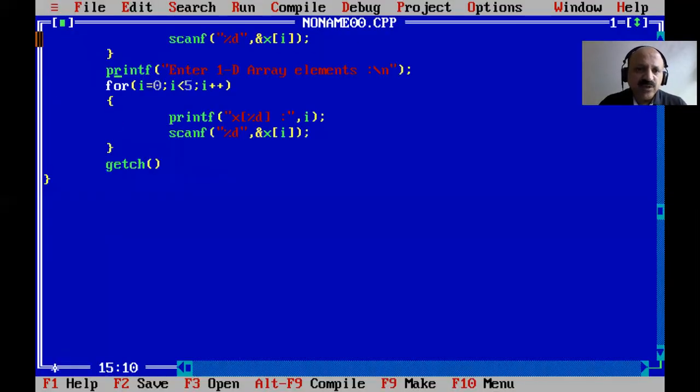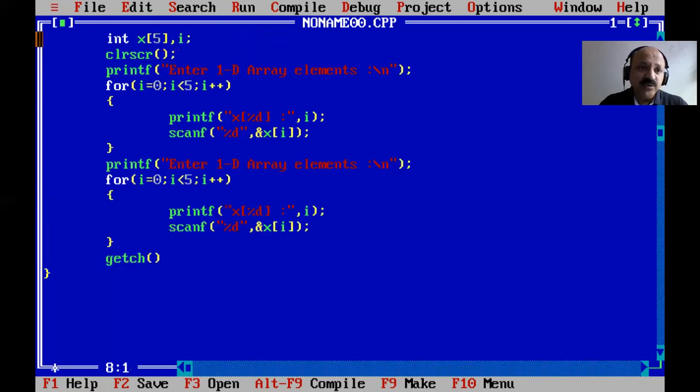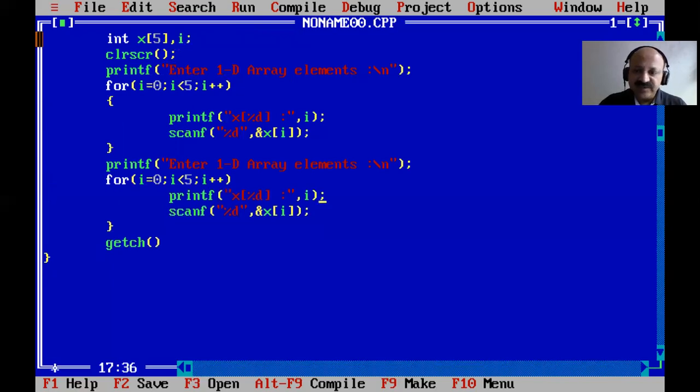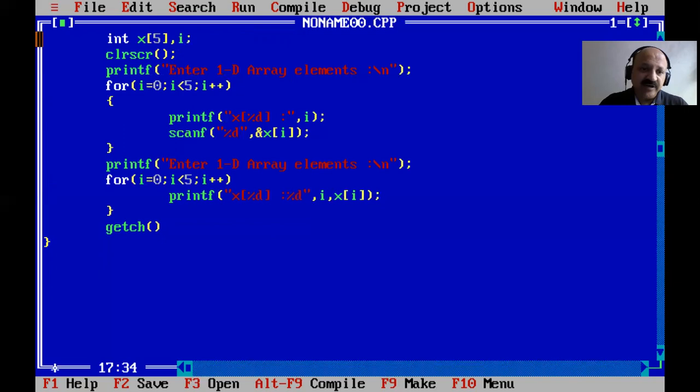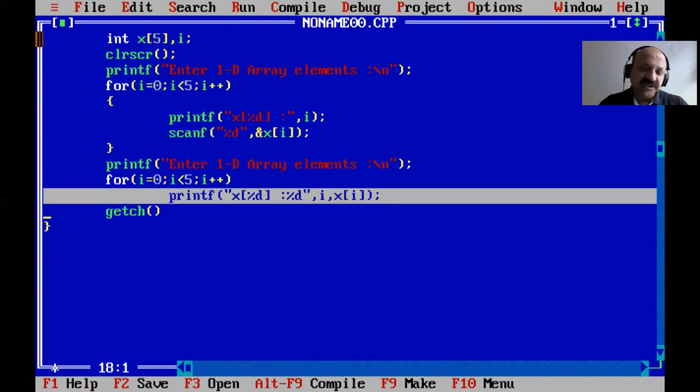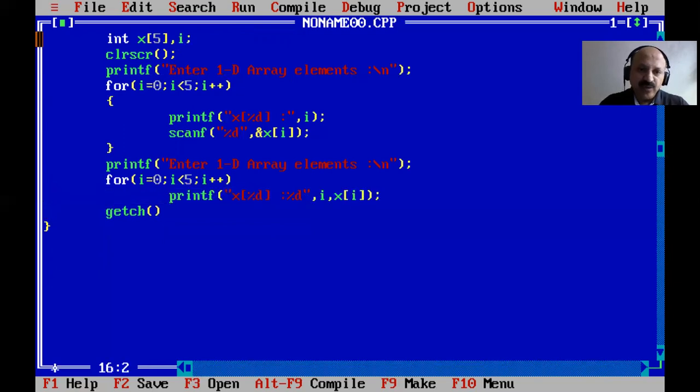You can look here, when there are two statements, then opening and closing braces are compulsory. But now here only one statement we can print. So with only one statement, the brace is optional. Opening and closing braces are not required for one statement in all loops and all decision statements. So you can look here only one statement in the for loop. And now we can provide here slash n.